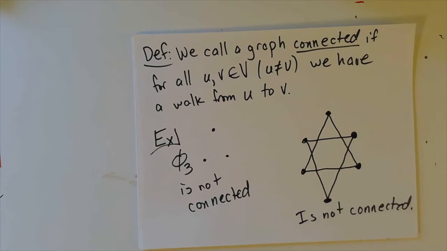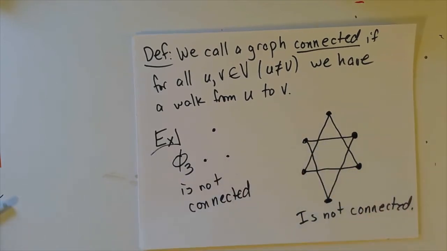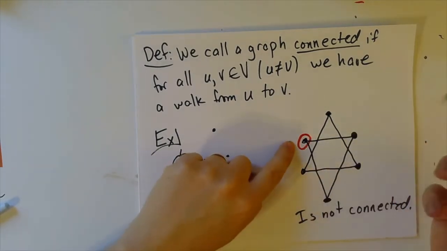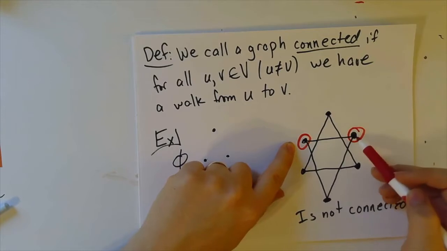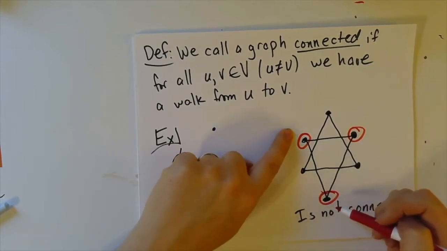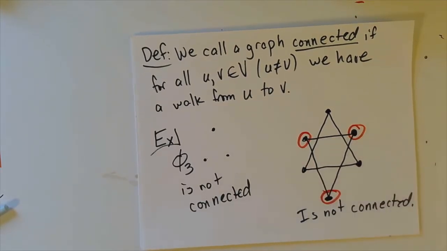And it's not connected because if I start at this point, which I'll go ahead and circle in red, let's see where I can get. Well, I can get from this point to here, and then I can get from this point to here, and I can get from this point back to there. But in fact, there's no way, starting at any of these red points, I can get to any of the